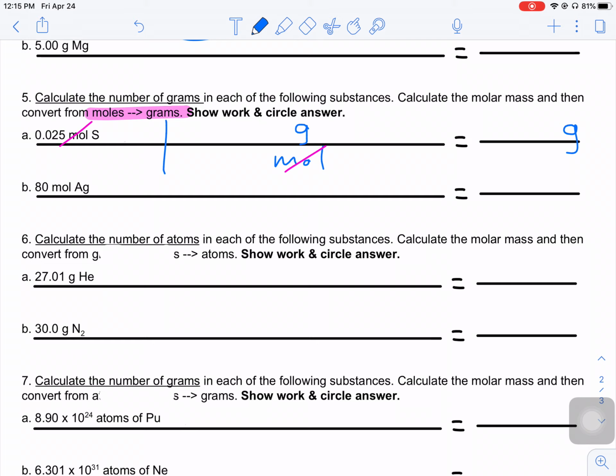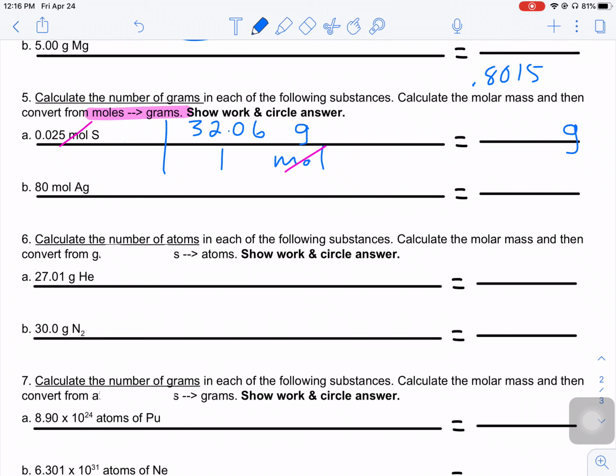So I've got my periodic table out, and it is 32.06 grams per mole. So the 1 goes with the mole, and the 32.06 goes with the gram. Now, in this case, we're going to be multiplying by the factor. So 0.025 times 32.06, and then we're going to divide by 1, but we realize that that's not going to change our answer, and my calculator gives me